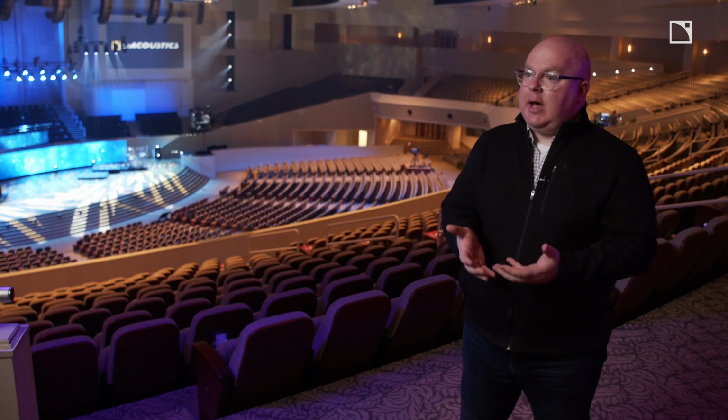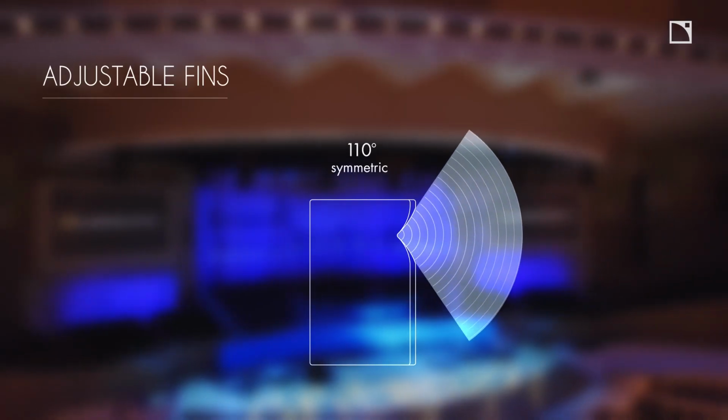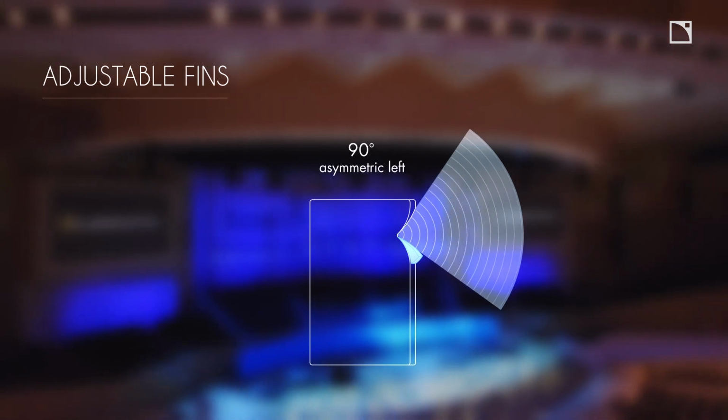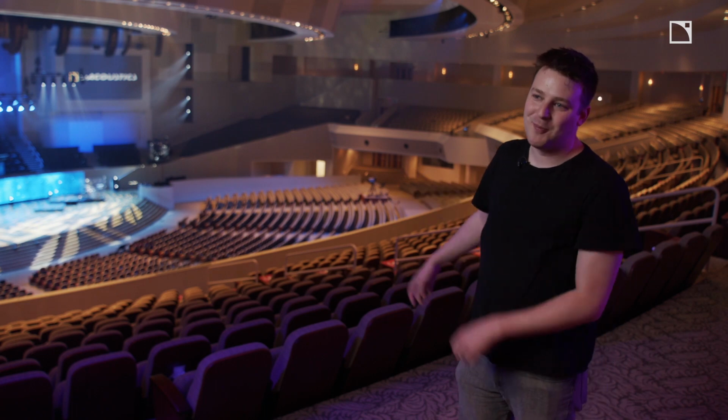The effectiveness of the L-ISA zone is reliant on overlap between our main arrays. However, PanFlex at the top of arrays allows us to focus the sound to ultimately be able to throw it further. Being at a greater than 70% L-ISA zone in a room like this is absolutely incredible. When they turned it on the first time, I had this out-of-body moment, like, is this really where I